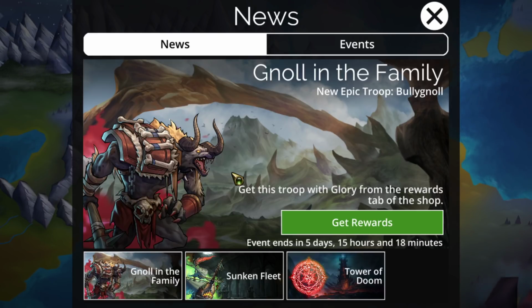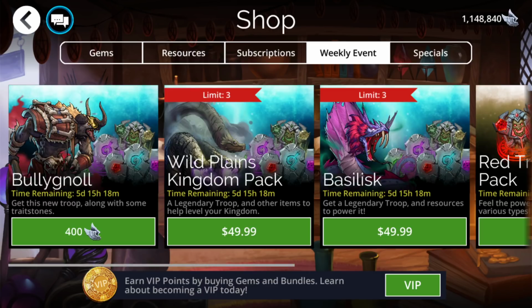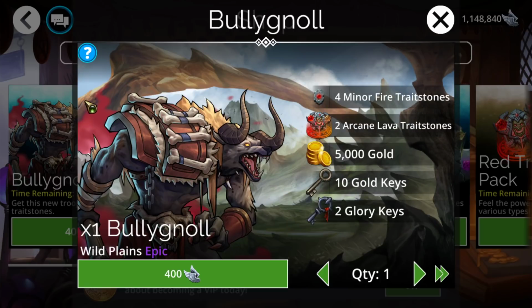Hello everyone, I am Tacet, and today I'm going to be going over the Gems of War Gnoll in the Family event, in which the Bullygnoll was added to the game, and for once this is not a useless glory troop. So, over in the weekly event tab, we got this thing coming in with a bunch of mountain trade